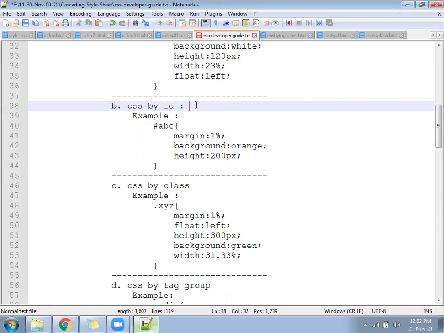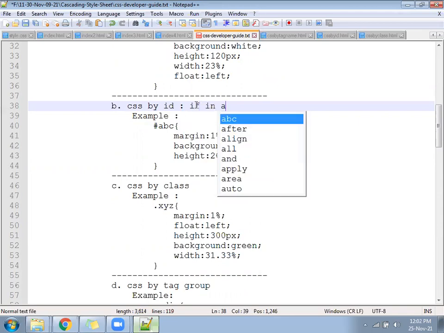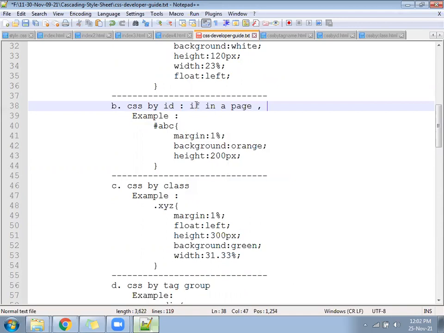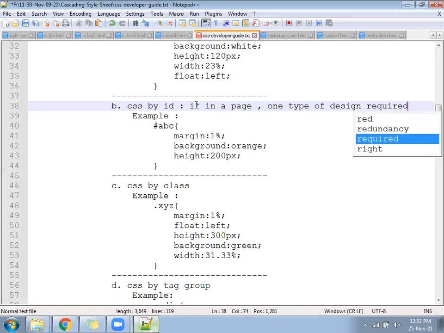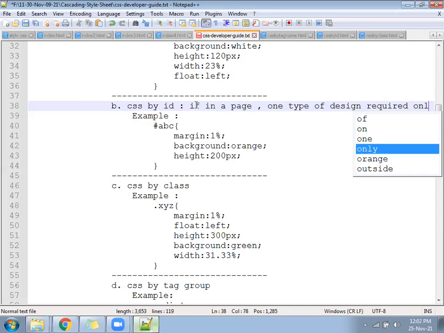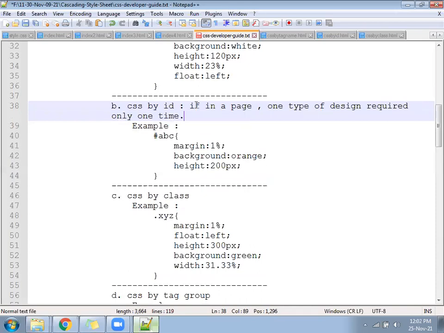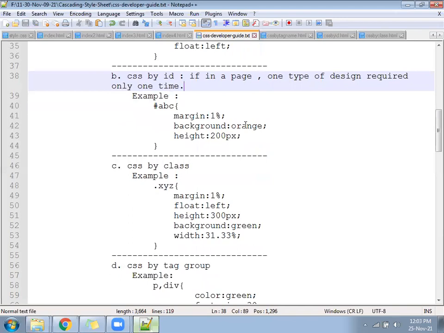Suppose in a page, one type of design is required only one time. Okay. If in a page one type of design is required only one time, then you can follow the ID.